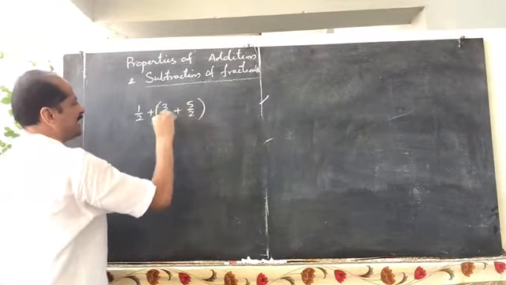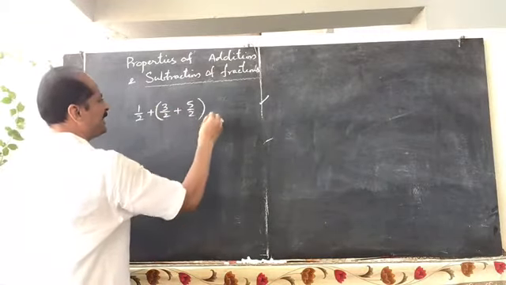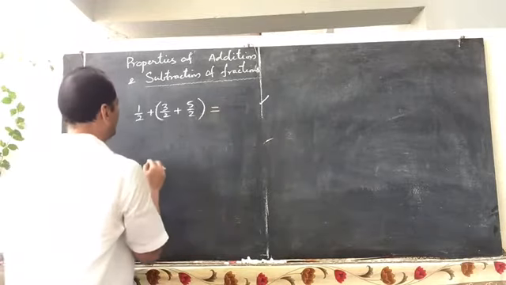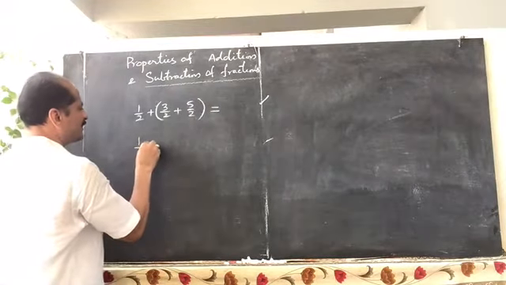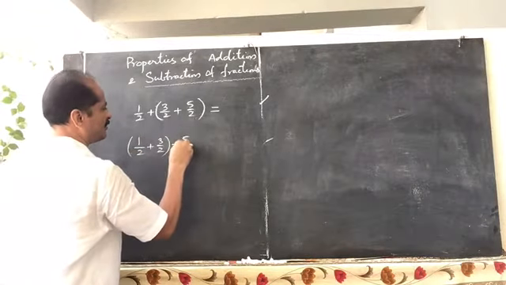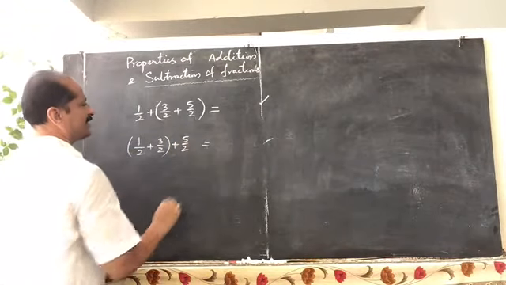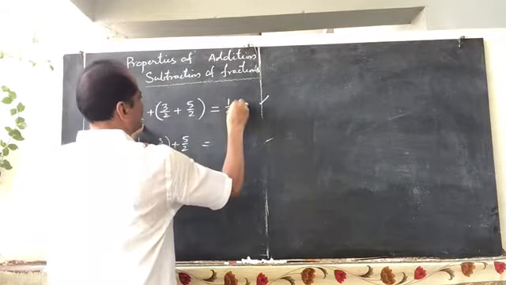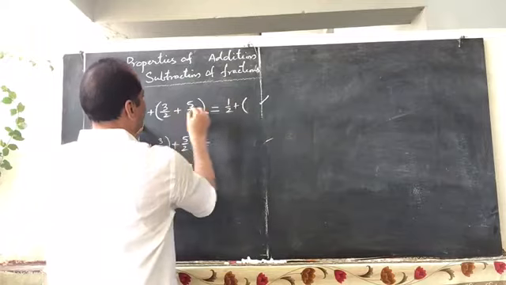Now here we are adding like this, and the same can be added like this also. So if you add like this, what will be the sum? Or otherwise, 1 by 2 plus 3 by 2. After adding these two, if you are adding 5 by 2, how much does it become? So what is the answer that we can see? Now here check, 1 by 2 write as it is, plus 3 by 2 and 5 by 2.